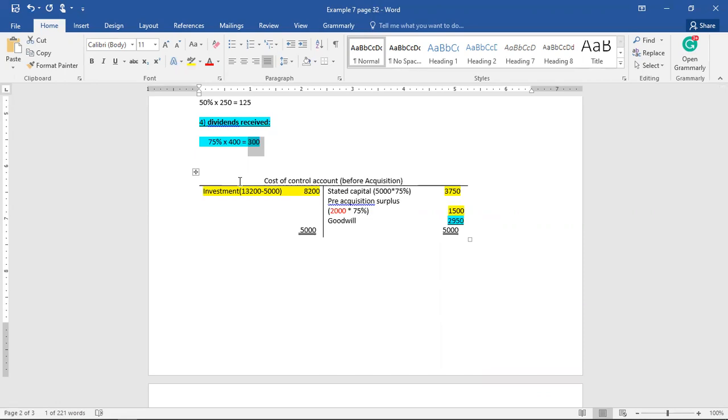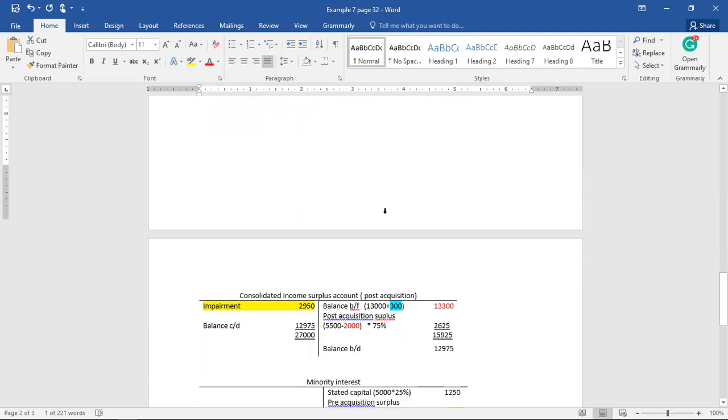The ordinary shares. So if the total investment is 13,200 and he is investing in 50% of the debentures, then the total debentures of the subsidiary is 10,000. 50% is 5,000. So it means that you subtract 5,000 from the 13,200. And whatever is left, which is the 8,200, is the total investment in the equities of the subsidiary. So you get that, then you do the necessary things you have to do to determine your goodwill,